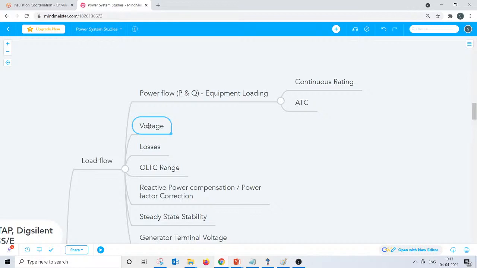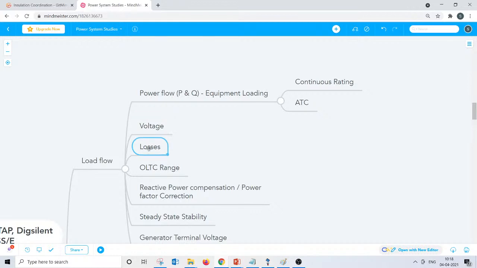In order to ensure the voltage at various buses across the power system is maintained within the specified tolerance, we need to perform load flow. If it is not maintained, then we need to identify other suitable mechanisms to regulate the voltage, or to bring it back within the rated allowed tolerance of the system. For example, you can use an on-load tap changer, or you can use shunt reactors to consume reactive power so that the overvoltage due to the Ferranti effect in a long transmission line is reduced, or use other devices to regulate the voltage like SVC or STATCOM. All these things have to be identified here.